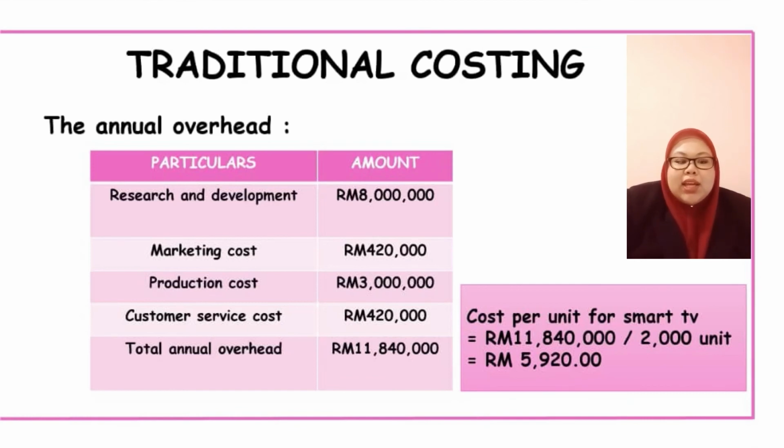Let's take a look at the calculation of the traditional method. Using the same figures as life cycle costing, we will calculate the traditional costing. In order to calculate, we need to add all costs or overhead annually. So the cost incurred is from the research and development until the customer service. The difference between the traditional method and life cycle costing is that we do not include the disposal of assets used in the production. So in this example, the total annual overhead for the smart TV is amounting to